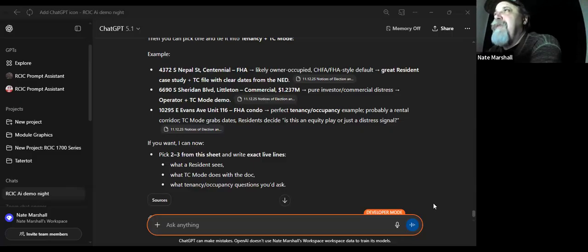And if you're doing subject to or seller carry or cash, it's pretty involved, and you can modify it yourself. People don't need me to modify it. I will do it if it's a bigger thing, like today when I put tenancy and occupancy in there, and when I built the TC stuff. But generally, once you guys have played around with it, it really takes about 30 days, probably under 30 days